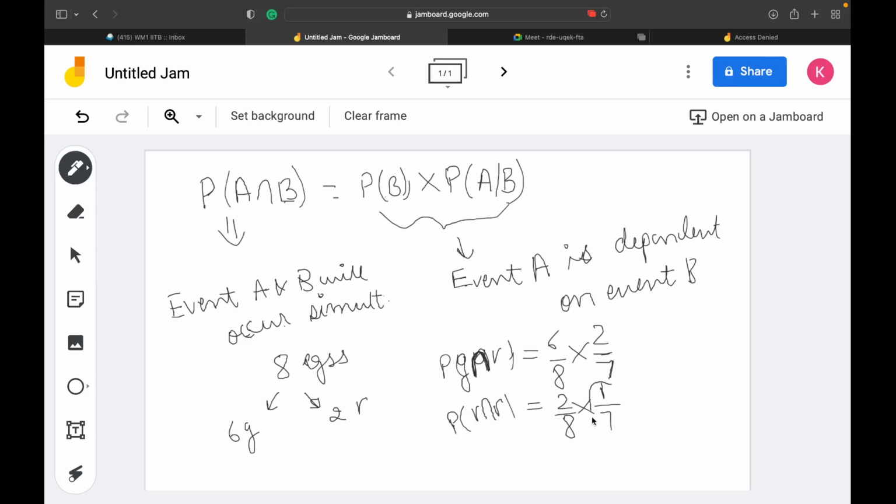So here these events are dependent on the first event. Okay, so here this 2 by 7 is the probability of occurrence of event A given that event B has occurred. Okay,